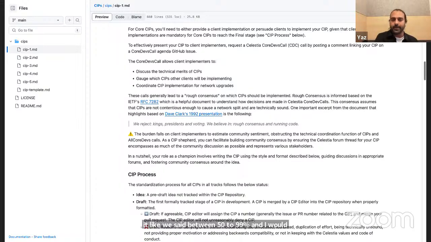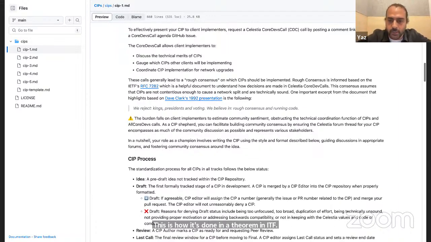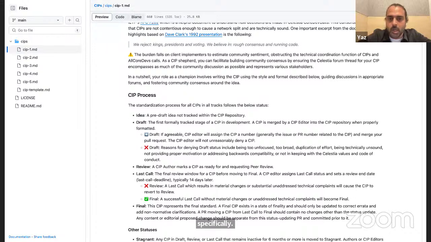And I would highly recommend checking out this document to see how rough consensus is practiced. This is how it's done in Ethereum, in IETF, and in Python specifically. And the burden is always on implementers: if you decide that, hey, I think this feature is great, you would have to get that consensus from the client maintainers, because at the end of the day, somebody has to build it.